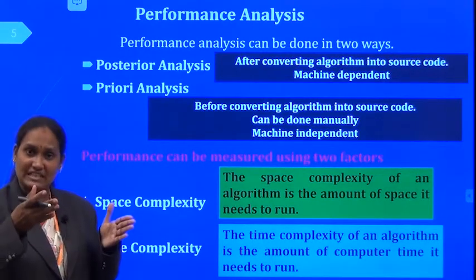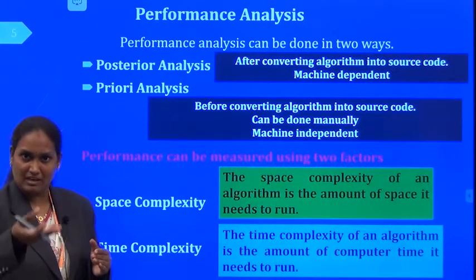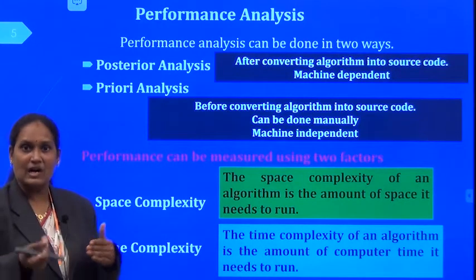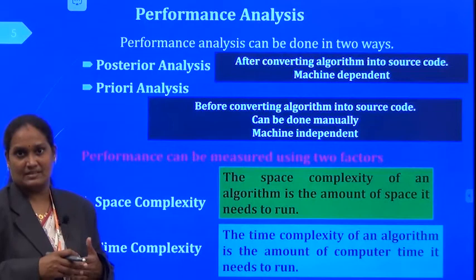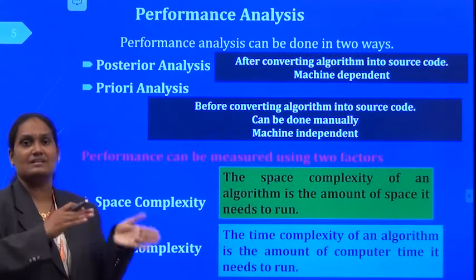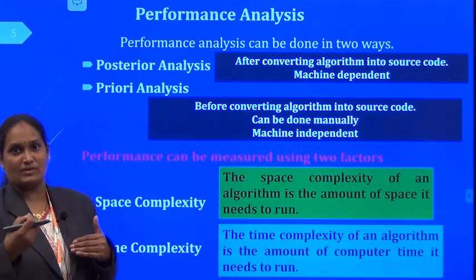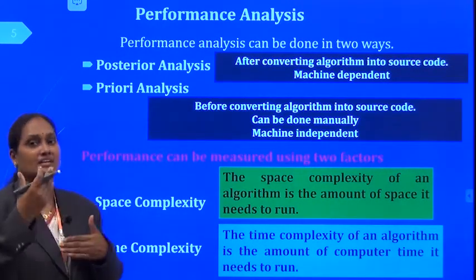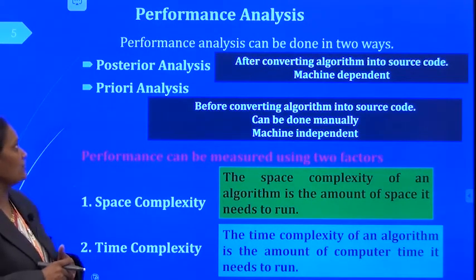This is a machine-dependent process. That is, we are implementing the source code in a computer system, and by that computer we are analyzing how much time it takes and how much space it occupies. Since we analyze its performance after converting the pseudocode into source code, this analysis is called posterior, and it is a machine-dependent process.